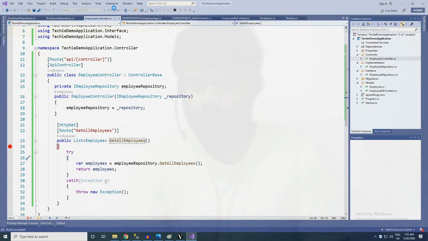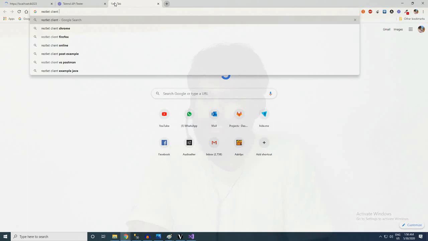This is from Google, so you can download it by searching for RESTlet client Chrome and clicking enter. You can install it by clicking this, so we can test it.